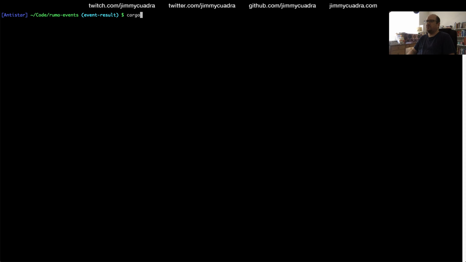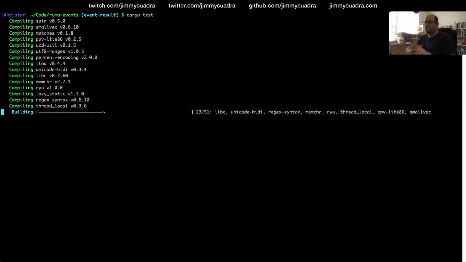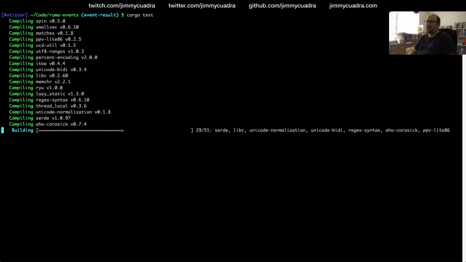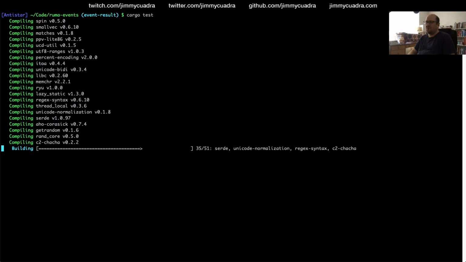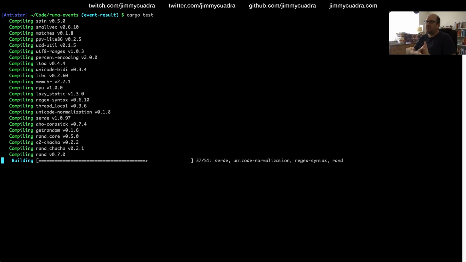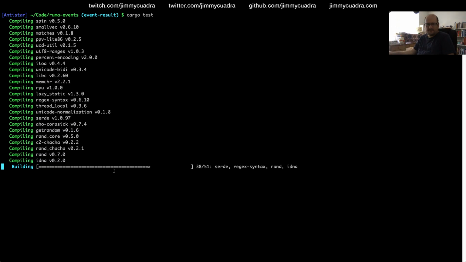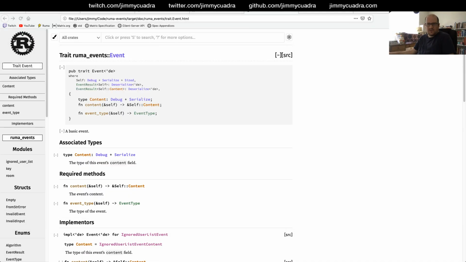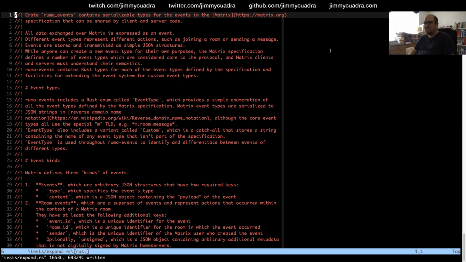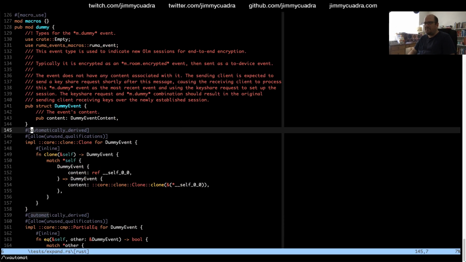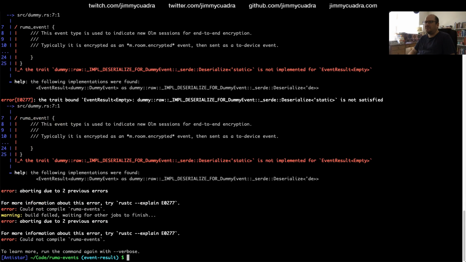Let's see what happens if I try to run cargo test. So now I'm actually running cargo test on this file as if it was a test, which will cause it to actually compile this source code. And we'll see. I think there's probably going to be some other things that I need to clean up, like attributes. Like I think this automatically derived. I think I'm going to have to remove that attribute in order to get this to compile.